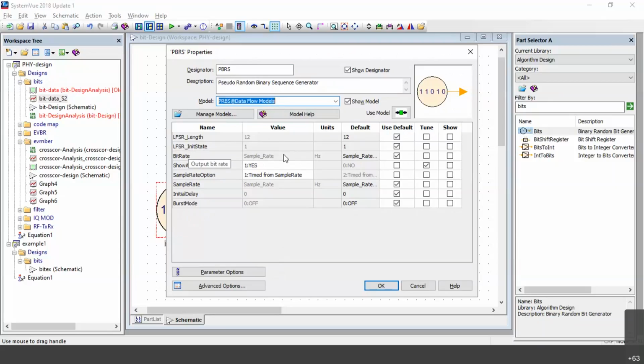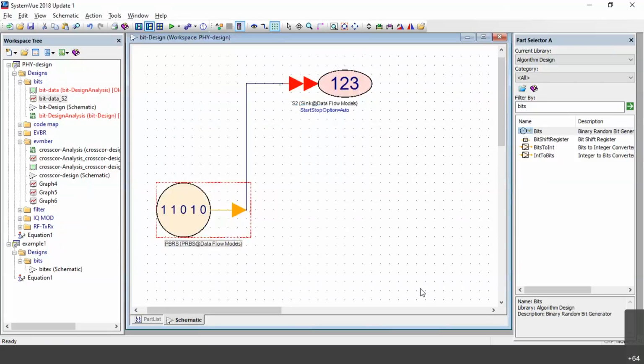I'll say what exactly the bit rate is that you are going to provide now. Advanced parameter, yes, I want to see advanced parameters, and I'm going to use the time part, timed from sample rate. Then click all those things and say okay. This is how I'm going to generate the signal.